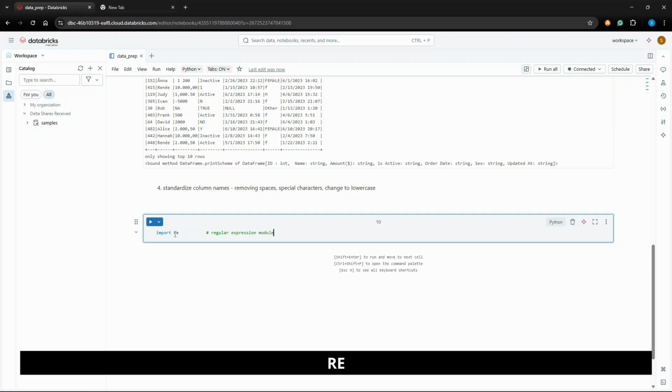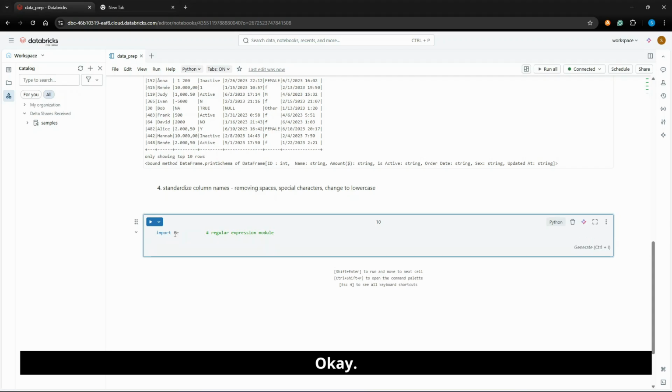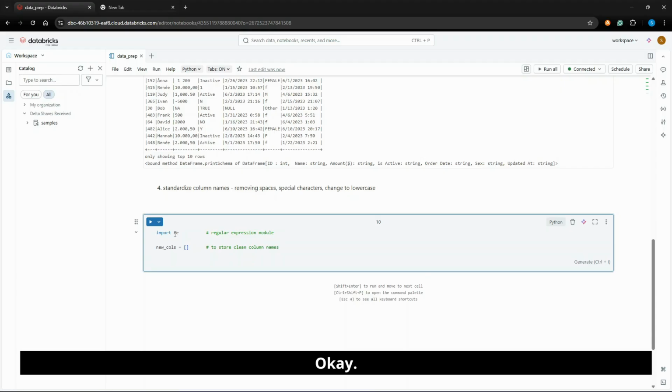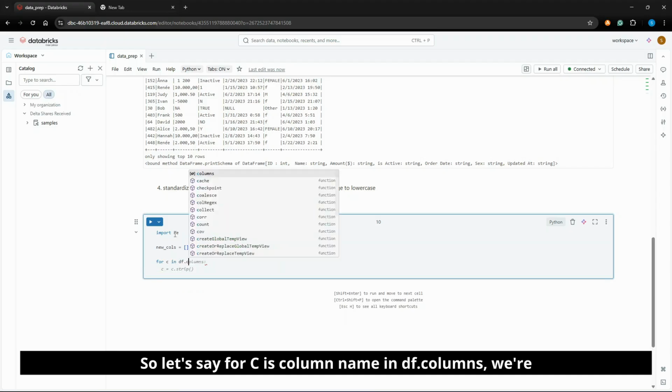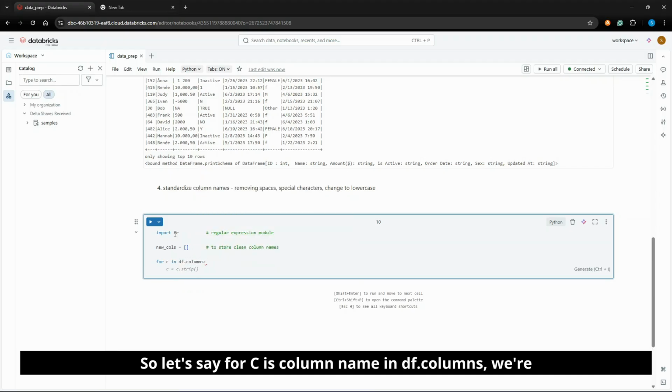And here I am going to first initialize a list called new_cols to store the clean column names. Okay, so now we will have a for loop. So let's say for c, the column name, in df.columns, what we're going to do is